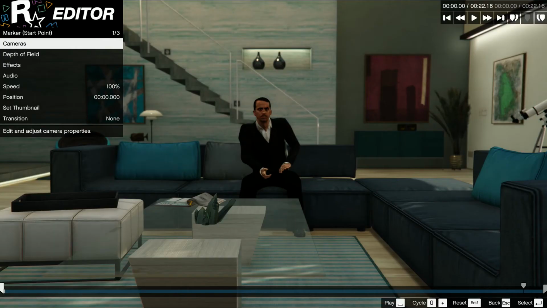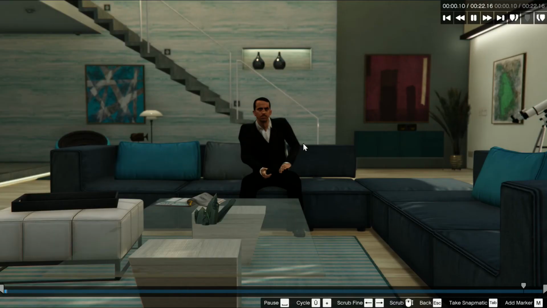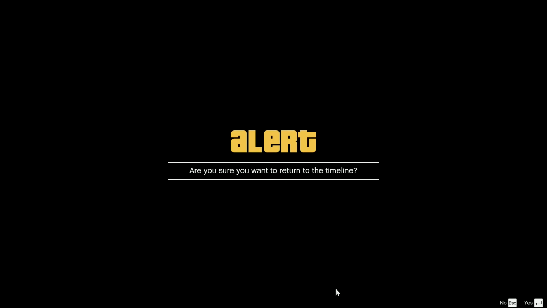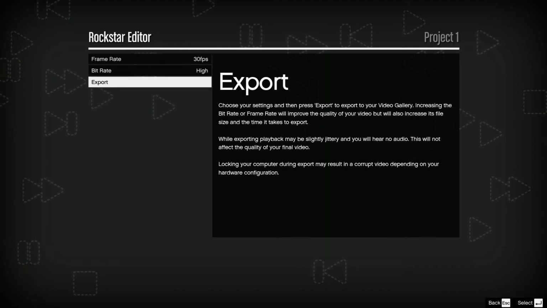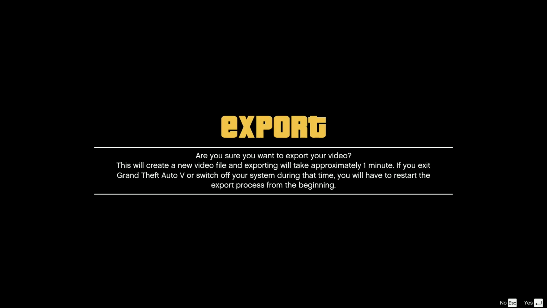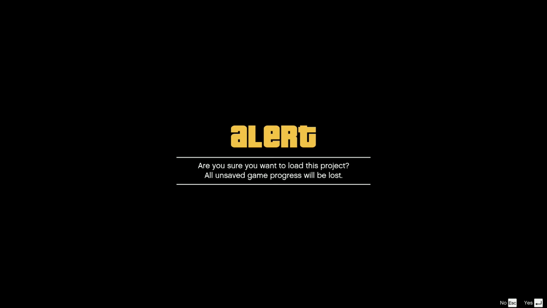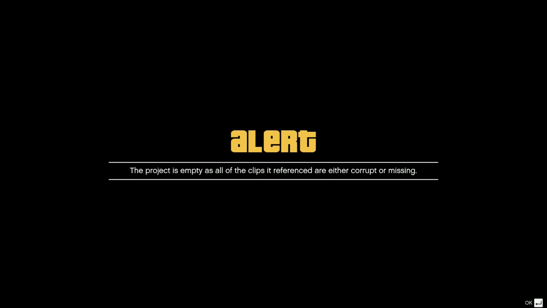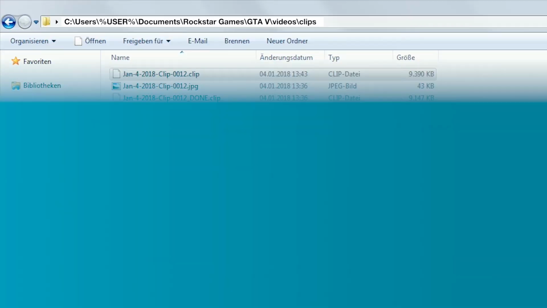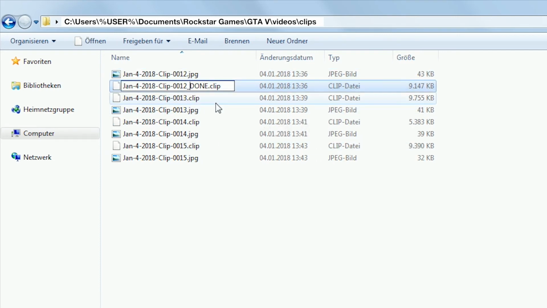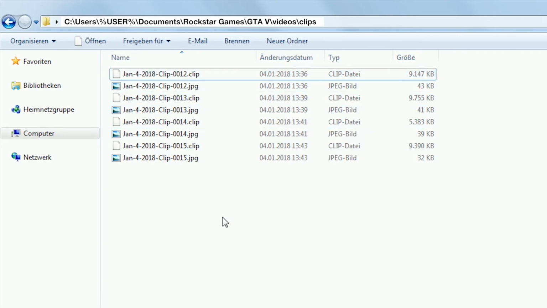The software is gonna assume that it's the very same clip and apply the same camera movements to it. During my test, the clips I recorded had a different length, but that seemed to have no real impact on the markers that might possibly have been cut off. However, you must not close and reload the project at this stage because otherwise Rockstar Editor will notice that the files have been changed or corrupted. Repeat the whole renaming process for all the clips you need. In the end you should rename them all to their original file names though, so remove the _done again.